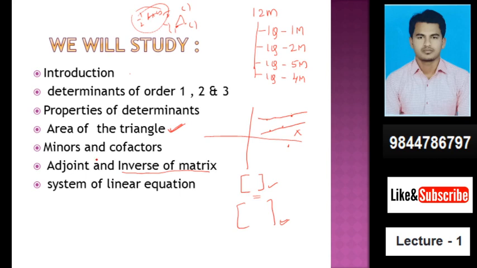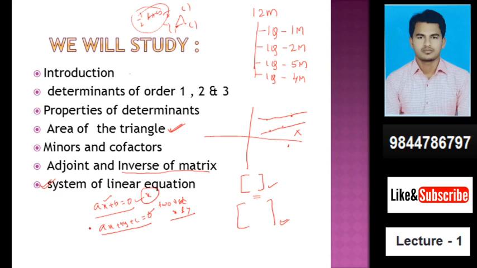The major thing is the system of linear equations, the most important. In case of linear equations, remember one thing: linear equation with one variable is ax plus b equal to 0. Ax plus by plus c equal to 0 is a linear equation with two variables. Remember, those variables are x and y, two unknown variables. This one has only one variable, that is x.